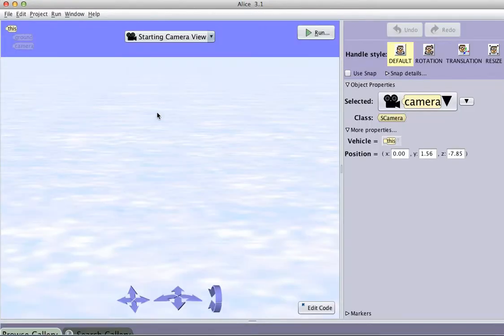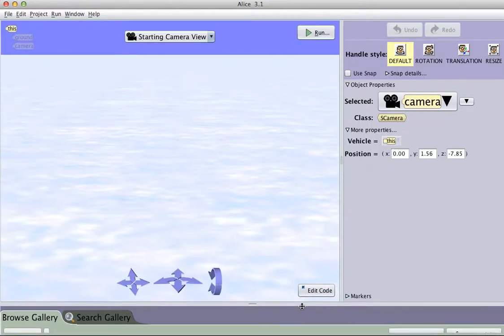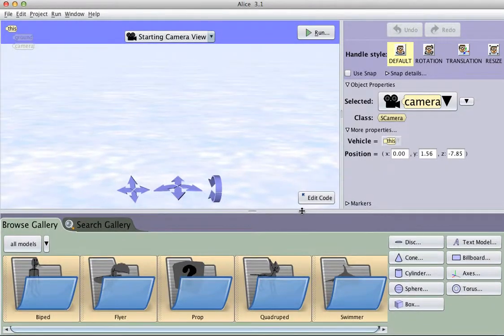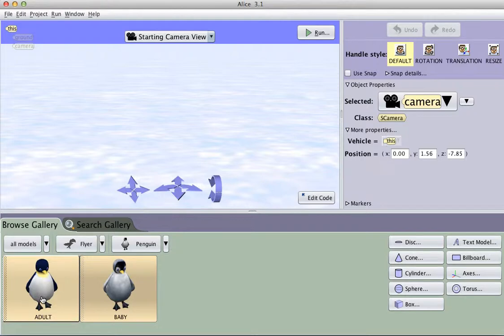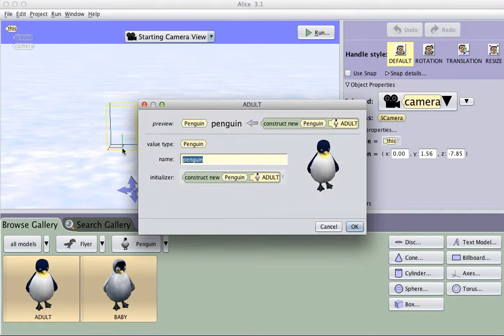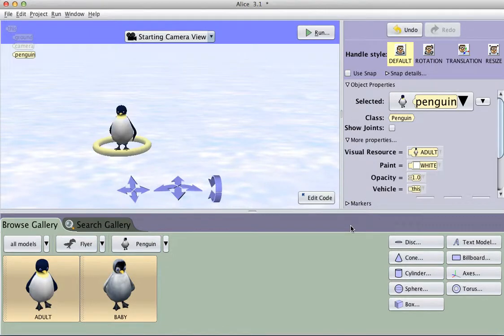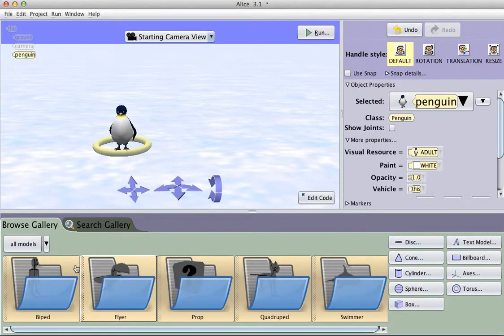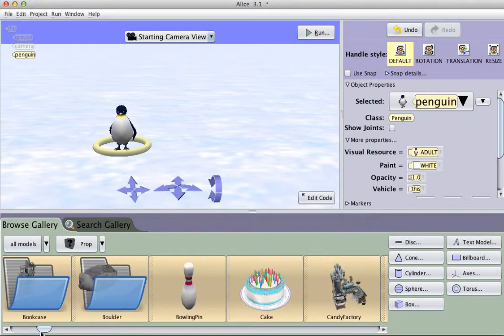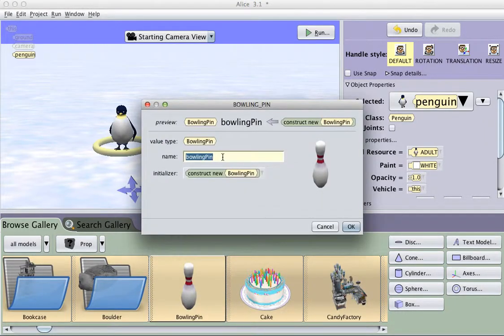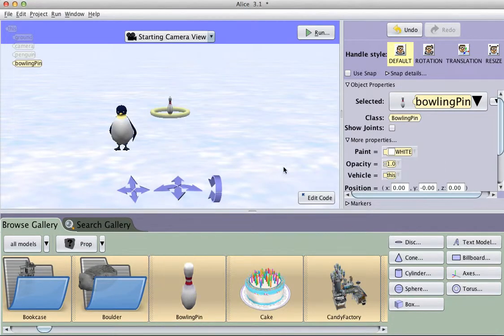I then click on Setup Scene, and I want the gallery. The penguin is a flyer, and it has its own directory for both an adult and a baby, and we're going to work with an adult. So I drag it into the scene and give it a name. I need to get the bowling pin out of the prop directories, so I click Prop, find bowling pin, click on it, accept the name bowling pin, click OK, add it to the scene,